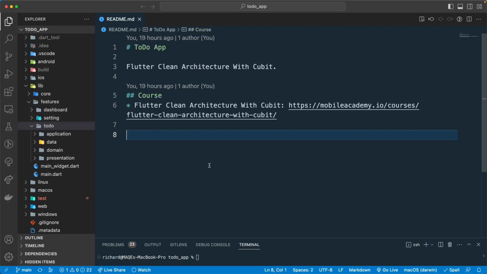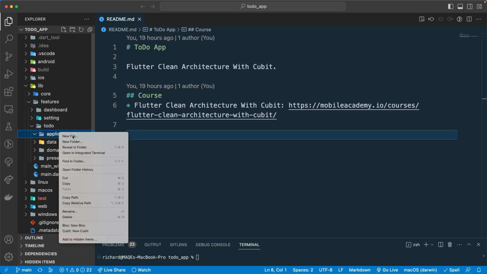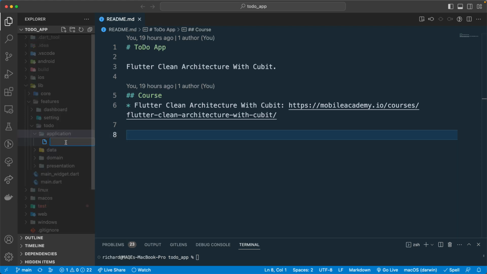Yeah, hello there and welcome back, and let us continue with our lesson over here, and let us continue with our application layer. So in the previous lesson we have learned about the domain layer, and in this lesson let us continue with the application layer, and here we will create two new files that will be of the ToDo